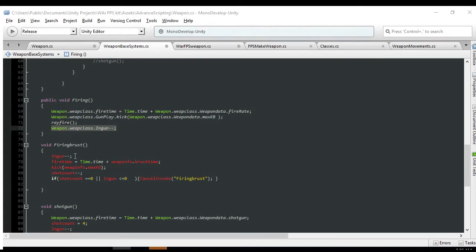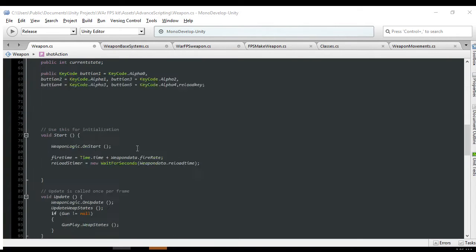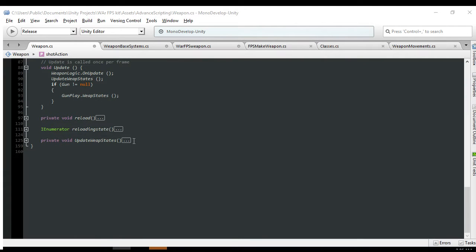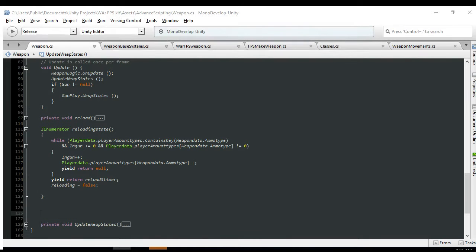So in this burst fire, what we're going to do? Well, we're not going to be doing the subtracting from here. So what we have to do is, not reload action. We're going to have to do our own type of function here. Okay, this isn't needed, and I don't want it here, I want it down below here. We're going to do some type of public void shots, and this will require